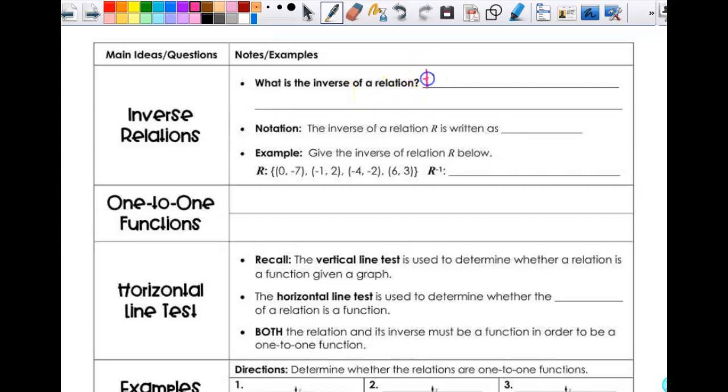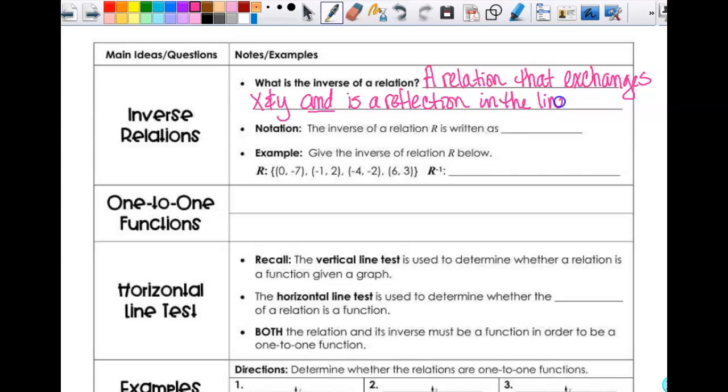It is a relation that exchanges x and y and is a reflection in the line y equals x. Okay. So if I have, as far as notation is concerned, the inverse of relation R,